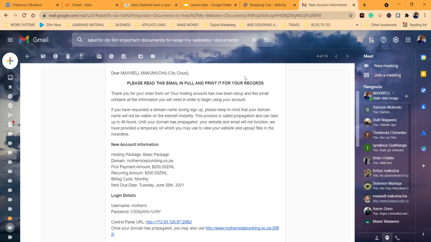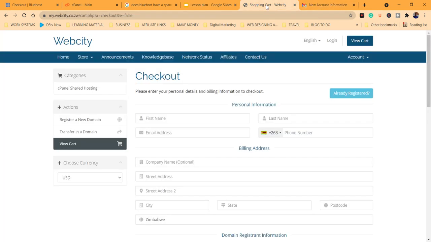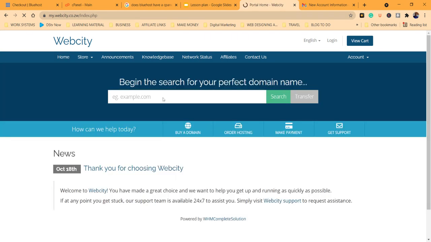Right. Besides Bluehost, we have other options for those in Zimbabwe. We have WebCity. It's a great one. You can come here, you do the same. You come to the home page, you search for your preferred domain name. Let's say you want to go with the same example, best